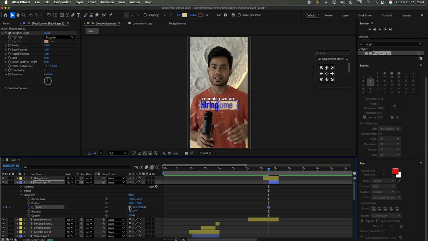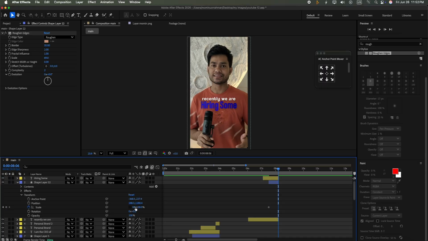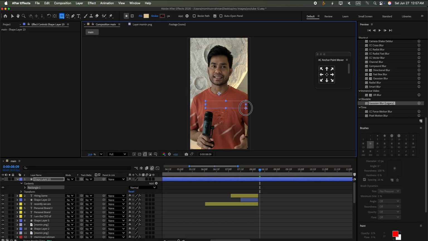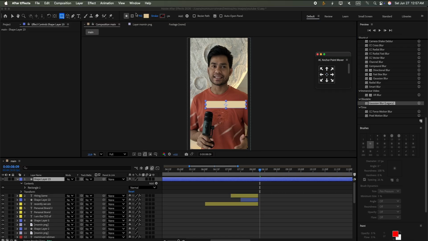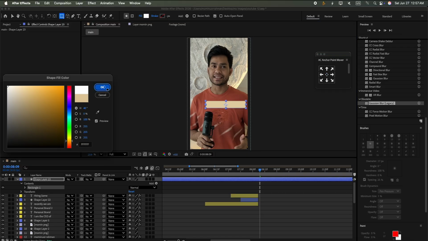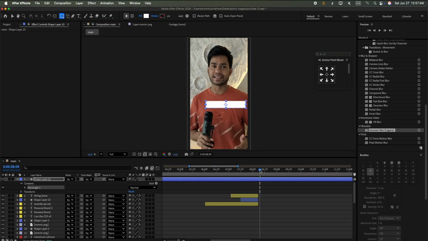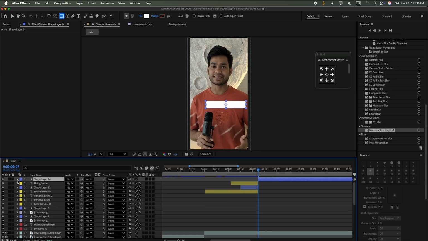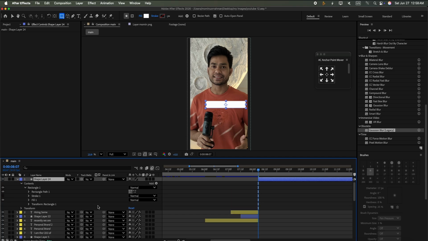Then set a keyframe and set the anchor point to left middle, and the scale is unequal, and set the first keyframe from 0 to 97. Now I see the animation. Okay, complete the animation, and now we again take a solid shape layer, and now we split the first portion,